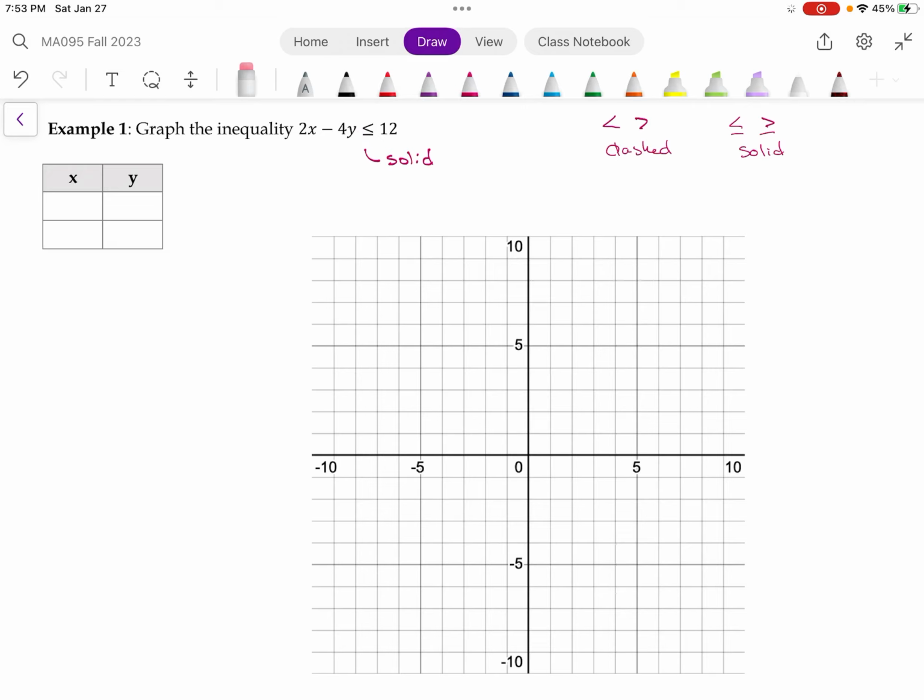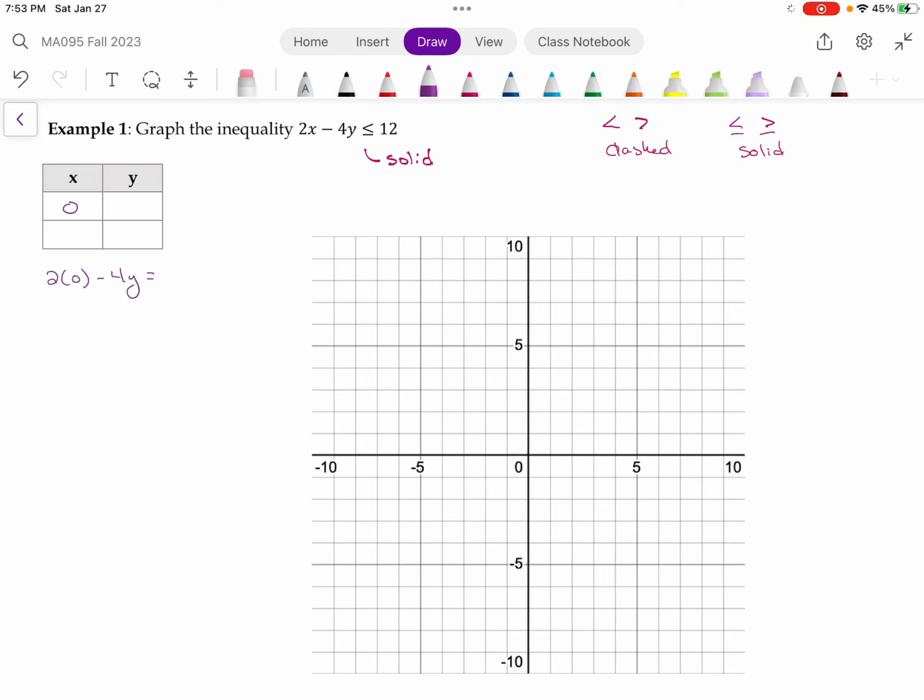Then the next thing we need to do is draw the line. So that means that we are going to be dealing with this equation as an equation, not as an inequality. We're just going to look at it as an equation and graph the line itself. So the way we've talked about doing that so far is to choose intercepts. So let's make x 0. So we're looking at the y-intercept. And we're going to then figure out what y would be. So if x was 0,